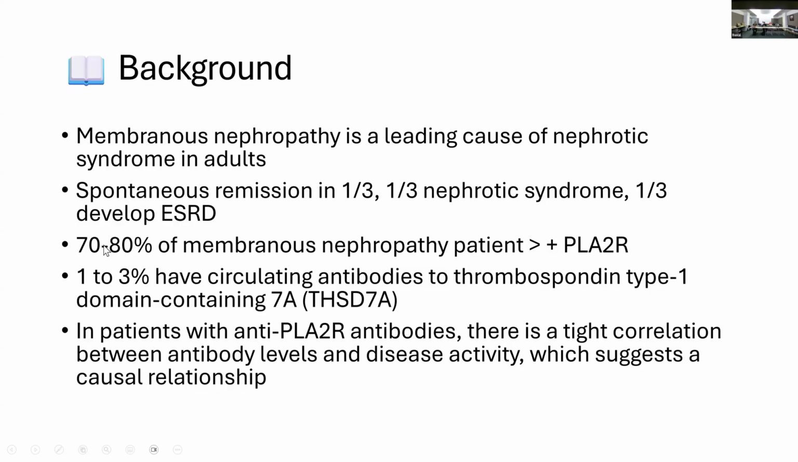Now we know about 70 to 80% of these patients are positive for PLA2R, and the other 1 to 3% have the THSD7A antibody, and for the rest it's unclear what their pathology is. They also found a very strong correlation between anti-PLA2R antibody level and disease activity. And so the study then looks at